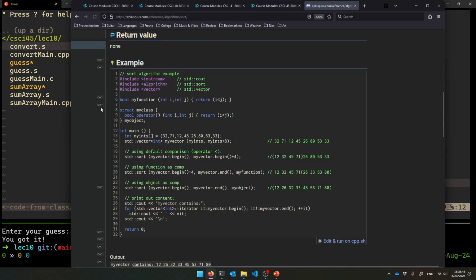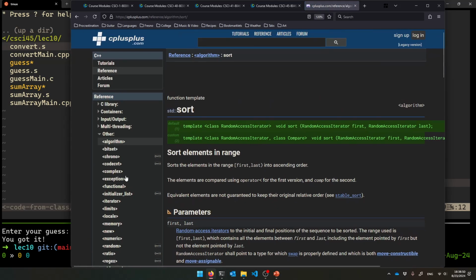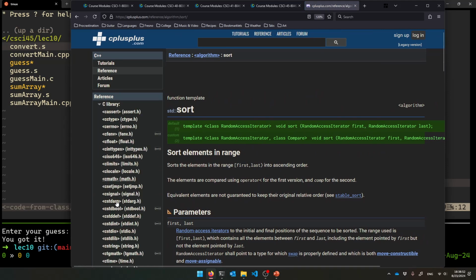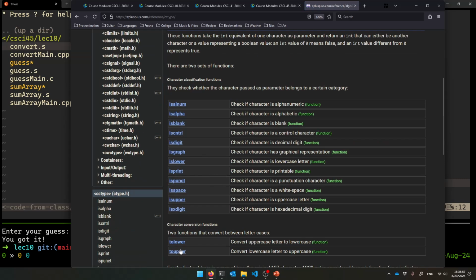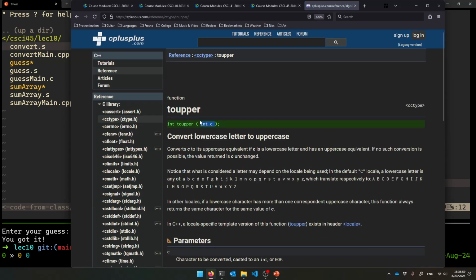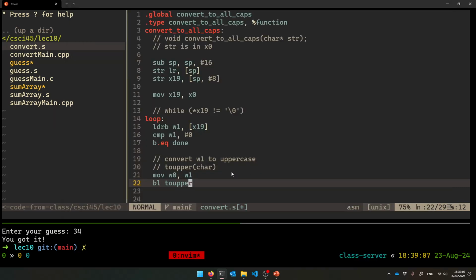If you don't take my word for it, here is the C library ctype.h. toUpper takes a single character, returns back a single character as an int. So it really is correct to use W registers, but we're just looking at the lower 8 bits anyway. So there it is. Call toUpper, we get the character back, the uppercase version, and we want to shove it back into memory. All right, store a byte. So put that character